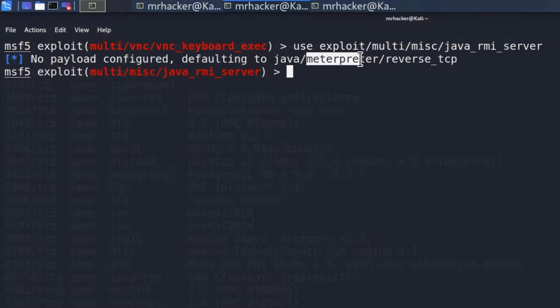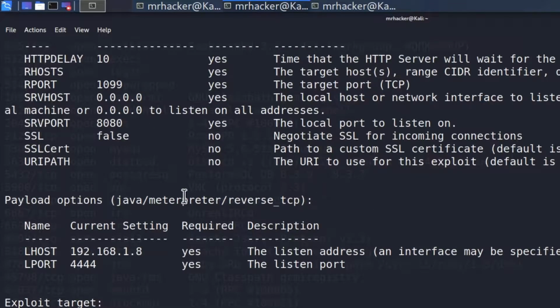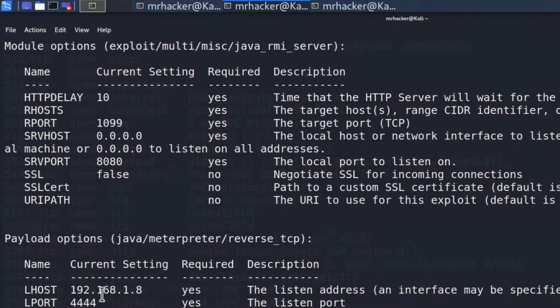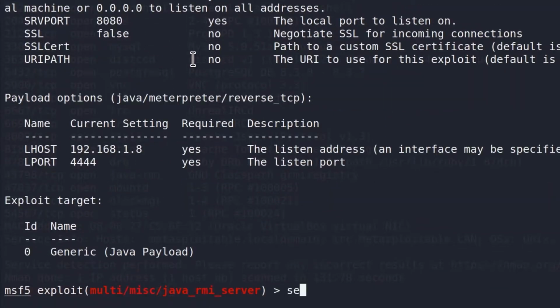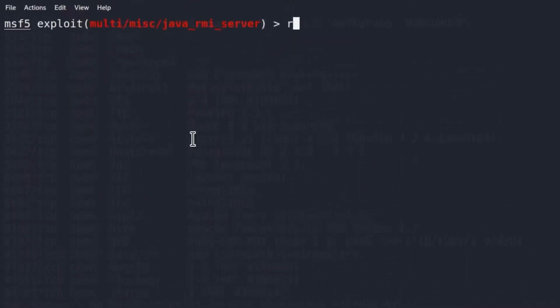Now this is the first time that we're encountering a Meterpreter payload. You will see that it is a little bit different from all the other shells that we got in the previous exploits. If I type show options, there are a bunch of things that I need to set. Our payload options have already been set to the correct IP address and the correct port. All we need to set right here is the RHOSTS. You can just leave the server host and server port as 0.0.0.0 and 8080. If I type set RHOSTS 192.168.1.7